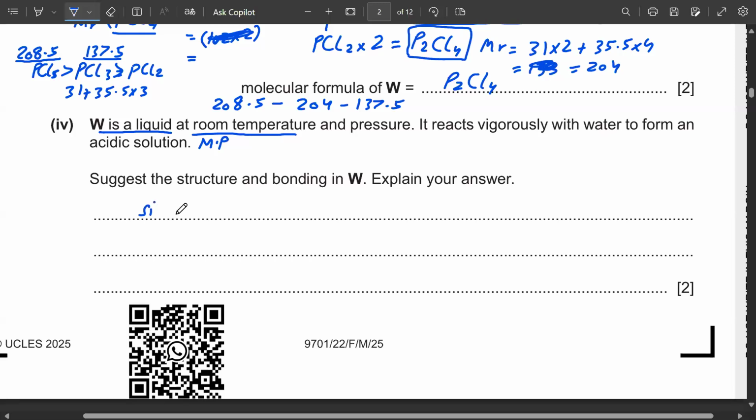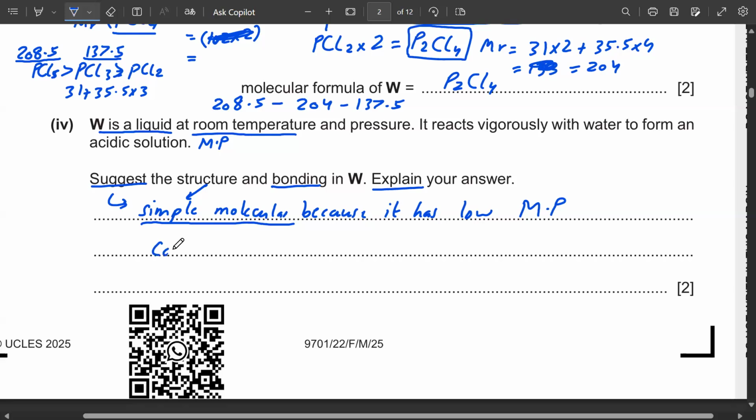The structure is simple molecular. Suggest means you have to state the structure type, and explain means you have to say why: because it has a low melting point. And then it asks what the bonding type is. Those compounds which are simple molecular definitely contain covalent bonding. You cannot say ionic bonding or metallic bonding, because those have very high melting and boiling points. So covalent bonding is there,